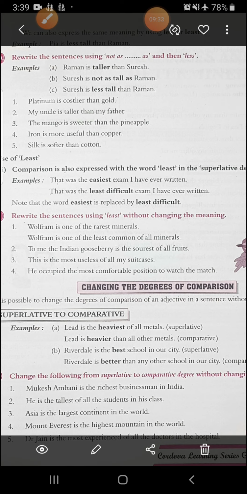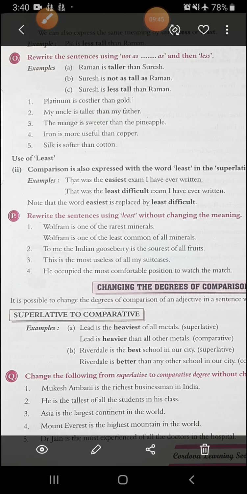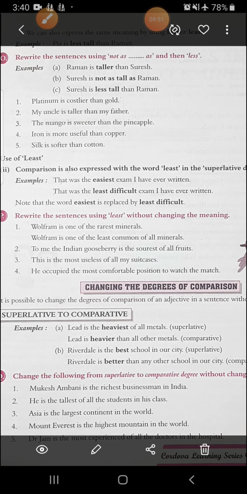So least difficult means easiest. In this way we will do that. We have to use the opposite of that word and we will add least to it. Now see this exercise P, that is here. Rewrite the sentence using least without changing the meaning. You have to see that the meaning is not changed. Like see the first one,